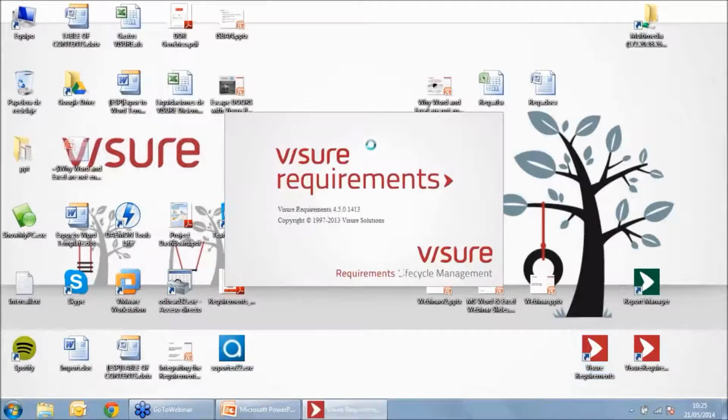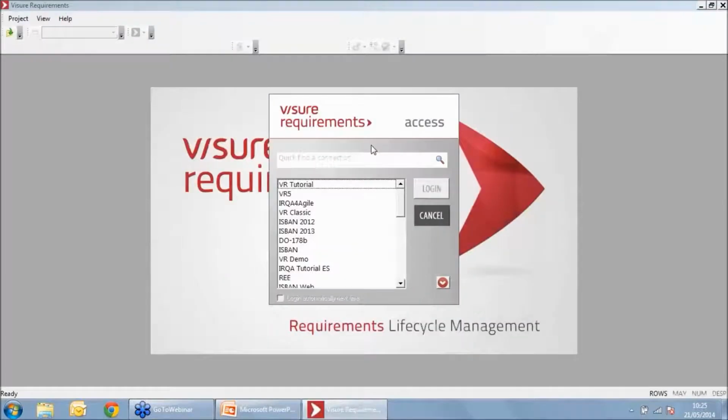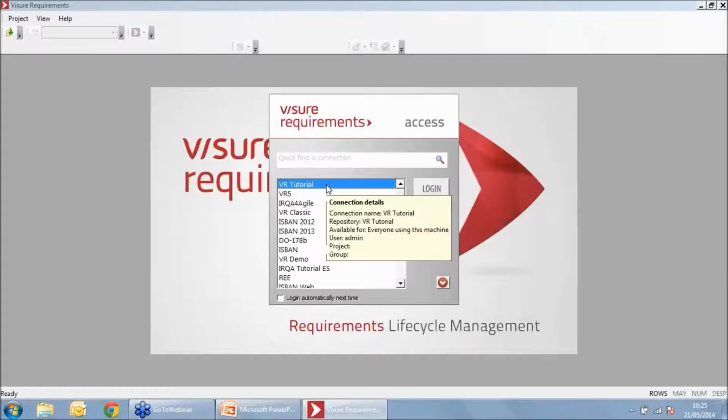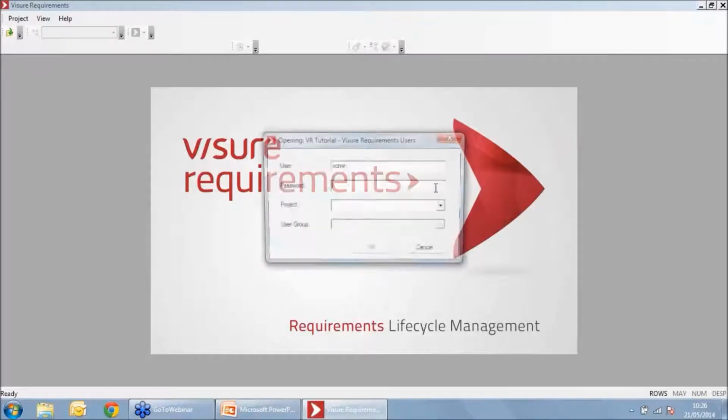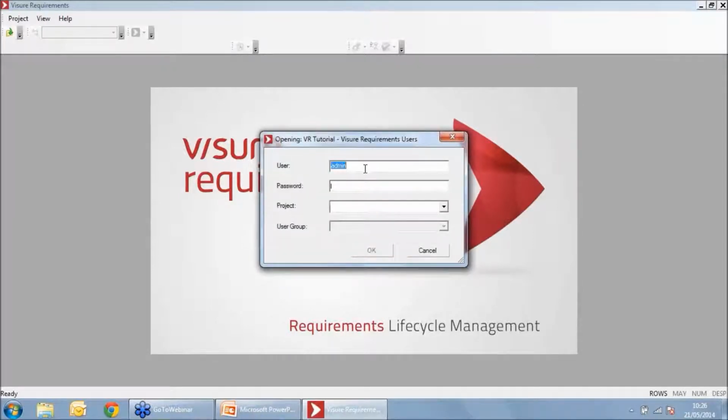So what I'm going to do right now is just open a visual requirement, in this case version 4.5, and I'm going to connect to one of my existing projects. As Paul was mentioning just a moment ago, all these projects that I am watching right now here are stored in a commercial database. It can be SQL Server, can be Oracle. I'm going to log into this tutorial project, and this is now the first point that is different with Microsoft Word or Microsoft Excel. For logging in, I'm going to use an actual login, a user and a password. In this case, I'm going to use